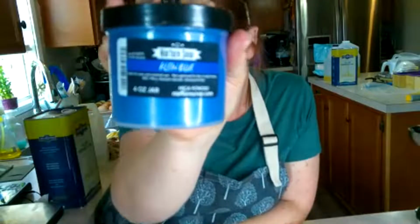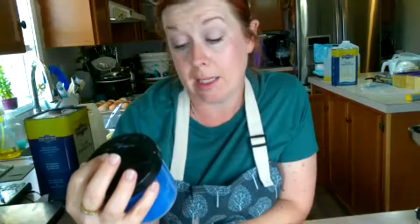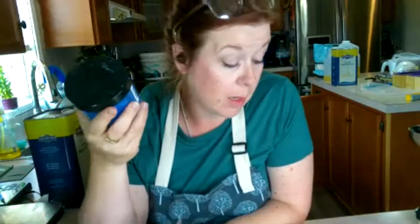And I'm also using this beautiful mica powder. This is from Nurture Soap as well. Klein Blue, K-L-E-I-N. There we go. So I'm going to make a blue and white soap today, and hopefully I cut out